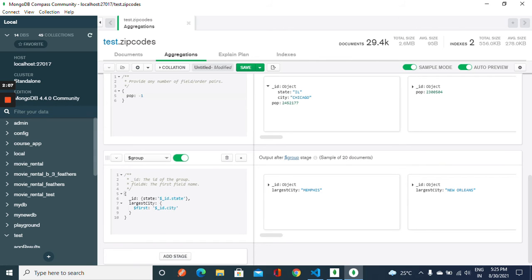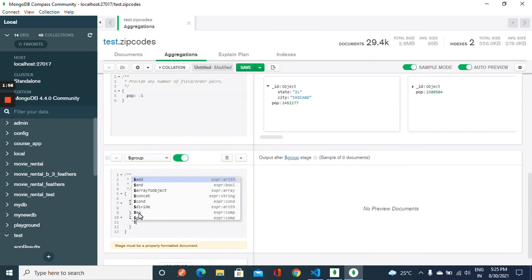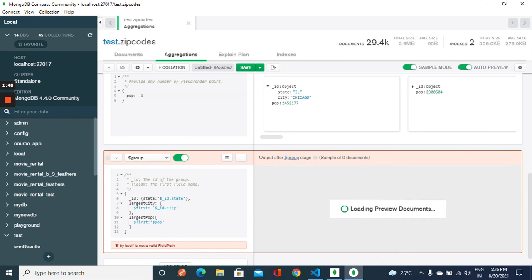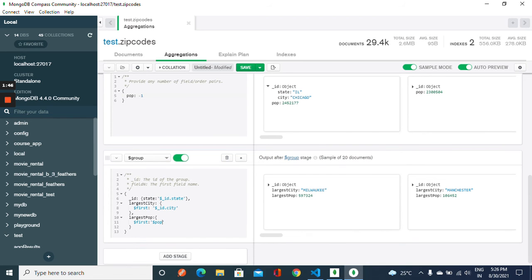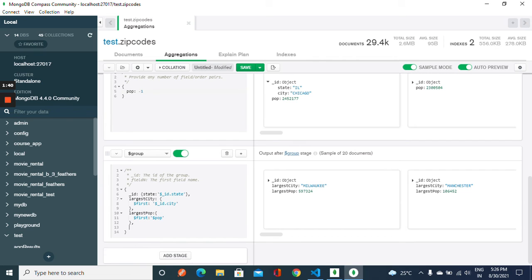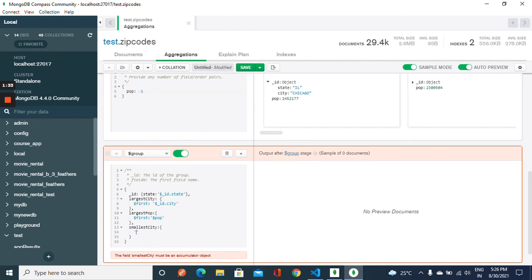Same way, we will be able to find out the largest population, and that is going to come from the first. So over here you can see we can find out the largest and the smallest city. So smallest is going to be the last city,